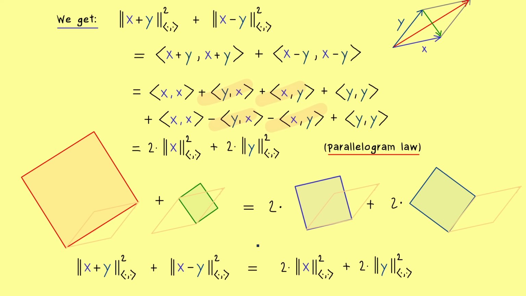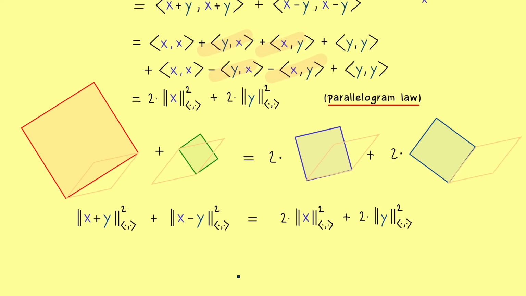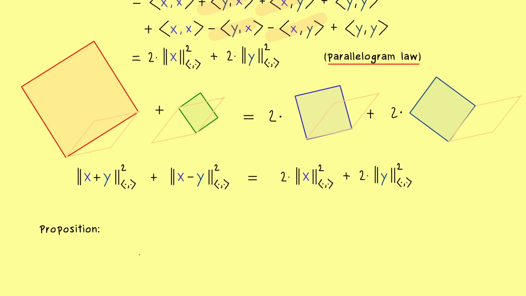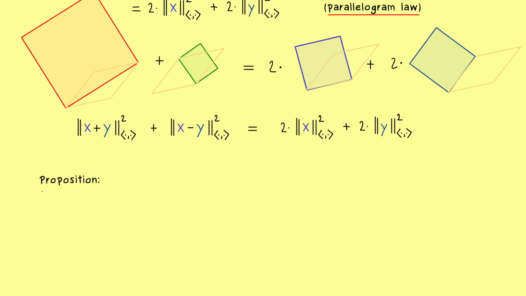Now it's not hard to see that in a general context we cannot have that, but maybe there are some special normed spaces that satisfy this parallelogram law. However, it turns out that we already know these special normed spaces. In fact, these are exactly our inner product spaces. So let's formulate that in a precise way,